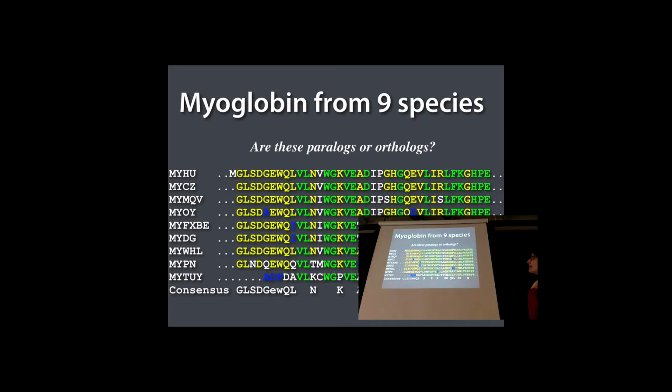Orthologs, exactly, because they fulfill the same function, but in different species. So this is human, dog, whale, turkey, many things. And I should say this is a small piece of the protein sequence, right? But this is meant to highlight similarities and differences between